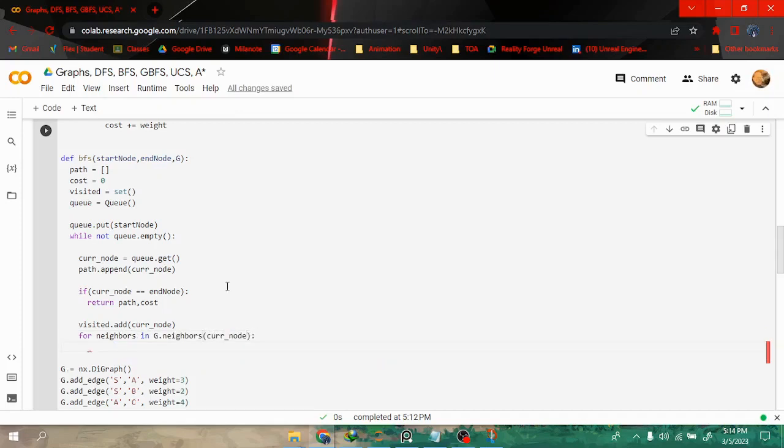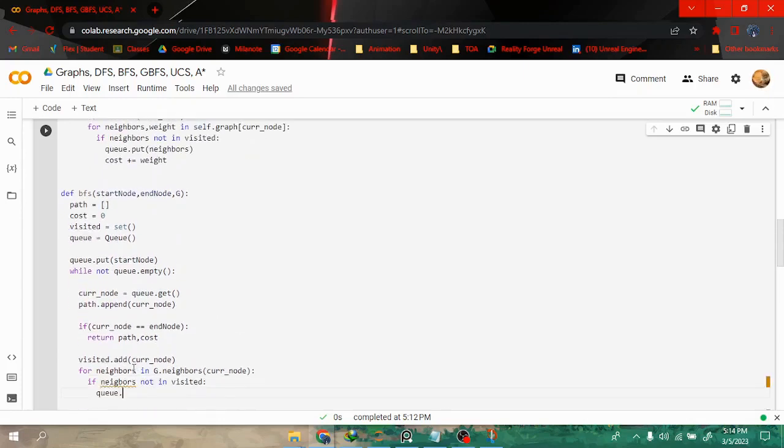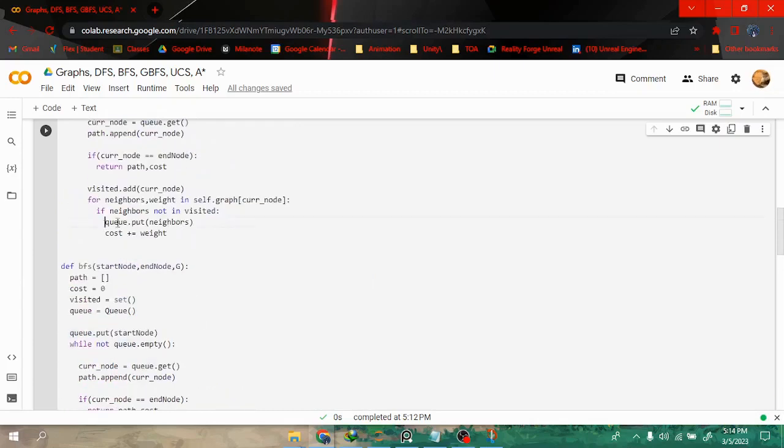So this comes here, and you're going to check if neighbors not in visited, then what I want to do is queue.put. I think I made a spelling error. So I'm just going to copy this part,